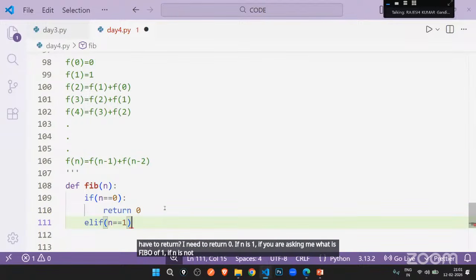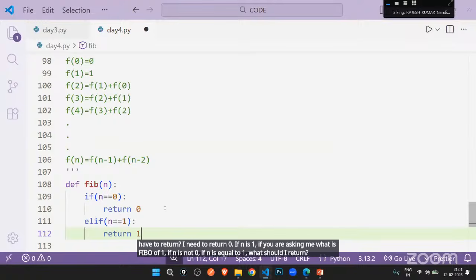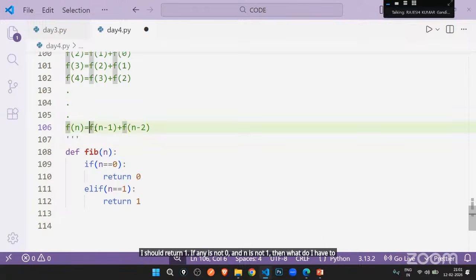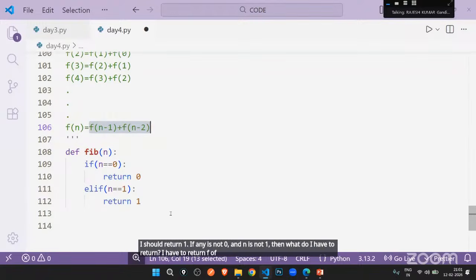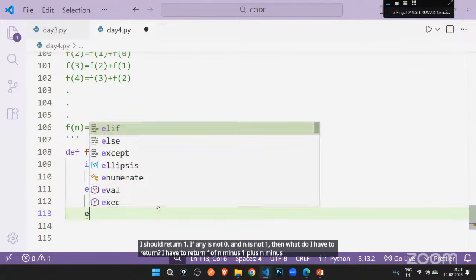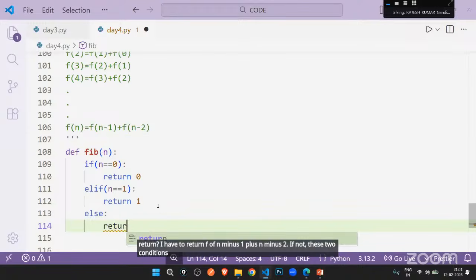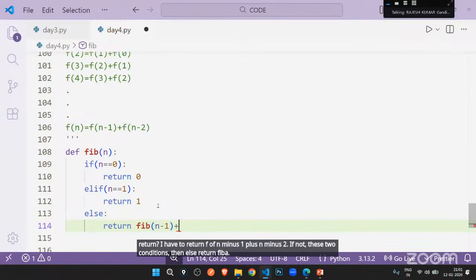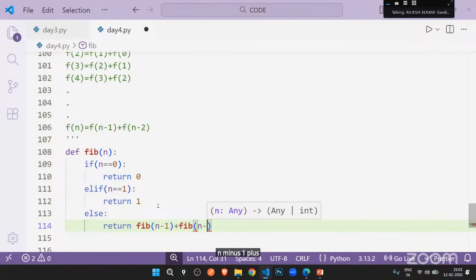If n is equal to 1, what should I return? I should return 1. If n is not 0 and n is not 1, then else return fib of n minus 1 plus fib of n minus 2.